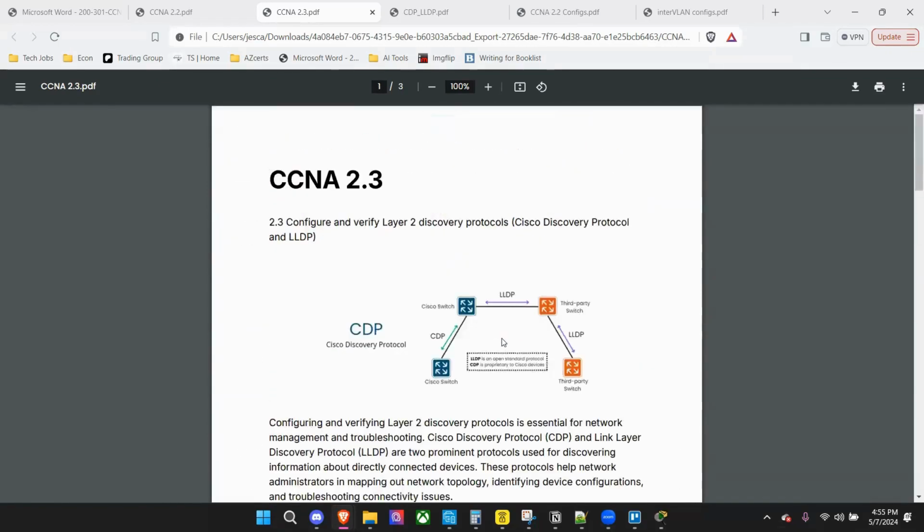LLDP is for when there are non-Cisco devices. You will see that there will be Cisco and non-Cisco devices in environments. They have a mixture sometimes, because Cisco can be very expensive and very tedious with its support, and sometimes companies don't like that. So for me at my job, I'm decommissioning. They have about 12 Cisco servers. I'm decommissioning 10, and I'm only keeping 2. However,